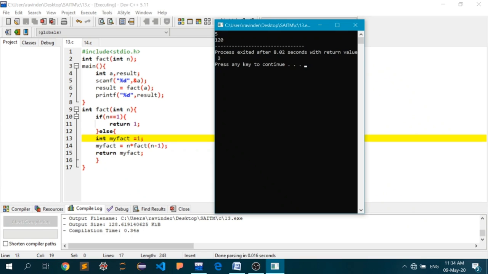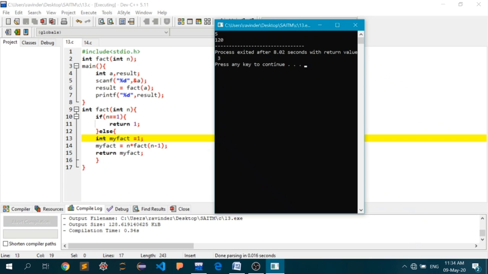And after that, first in the very first line, 5 will be multiplied with the value that is being returned by the function fact, and by calling this fact function I am actually passing the argument 5 minus 1, that is 4.